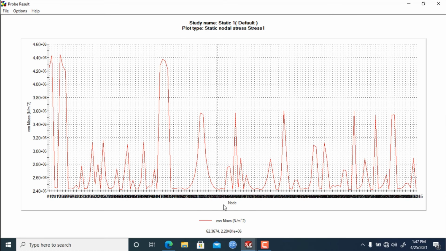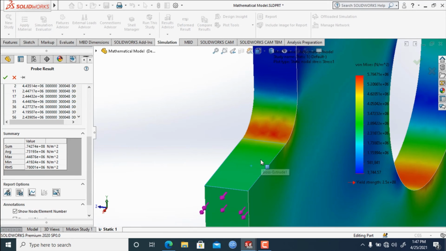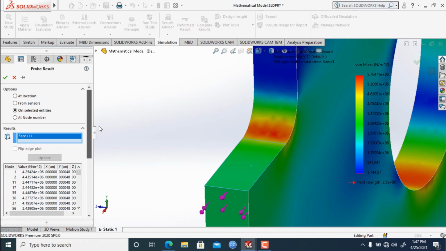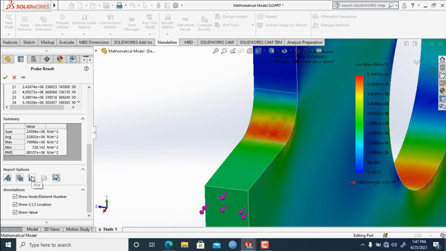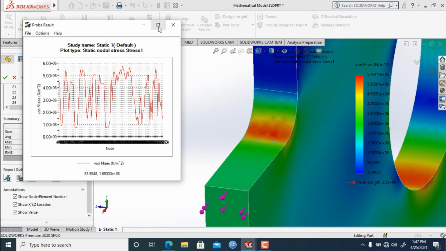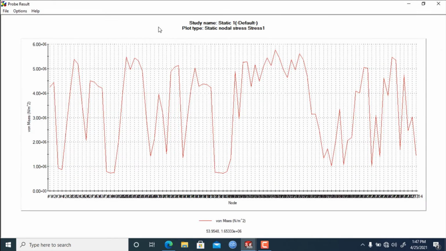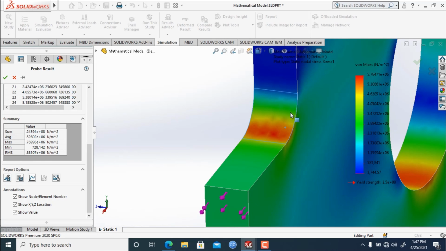This is the node number, and this is the von Mises stress on those particular entities. Let's clear this selection and select another entity. Let's select this entity, click update, and then go to plot. As you can see, the nodal stress of this entity is shown here.